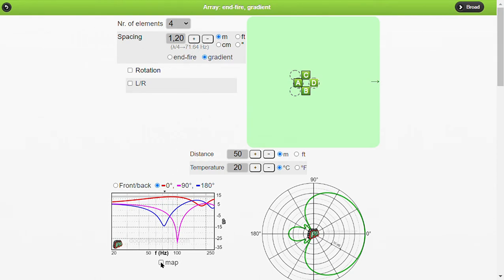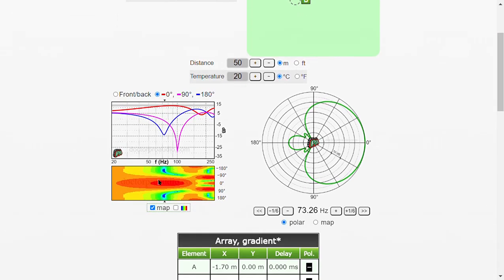One of the graphics that we have available here is the isobar display, which is very useful to give you a quick idea of what's happening in the whole of the frequency range, not just a single frequency. You don't have to cycle through the different frequencies.